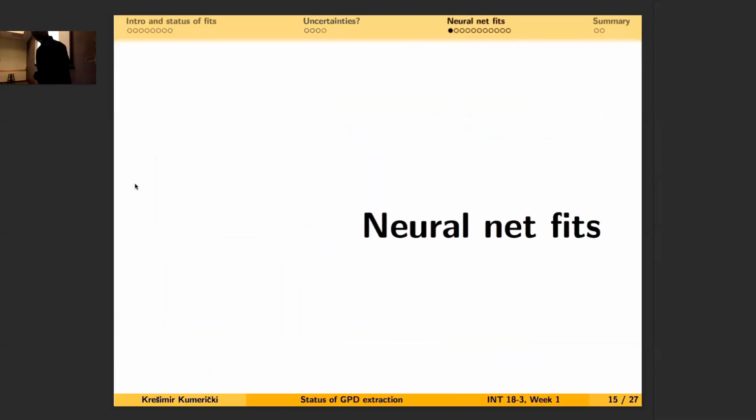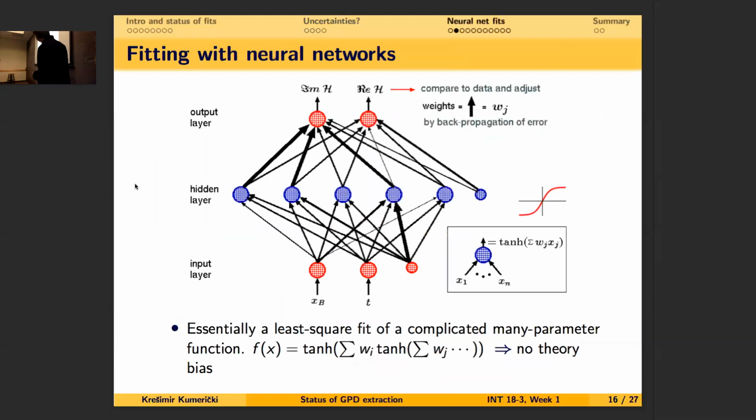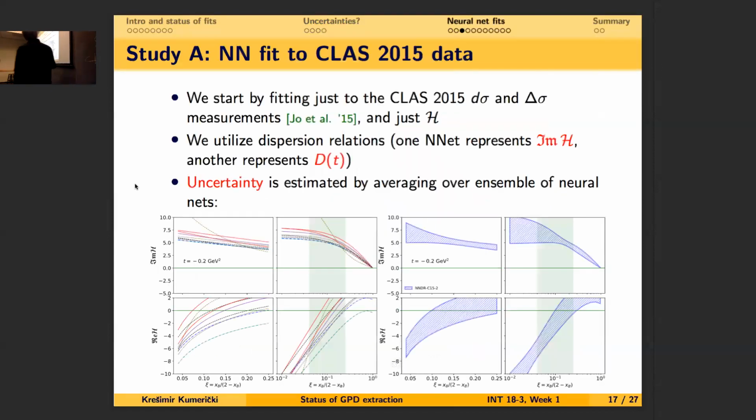So I will show you now the neural networks that we use. They model Compton form factors, separating imaginary and real part. Sometimes only the imaginary part, and the real part is extracted by dispersion relations. Then we have to model the subtraction constant by a neural network as well. And this is essentially just a least squares fit to a very complicated many-parameter function where these neural connections are weights which can be fitted in order that these Compton form factors match the data. So without explaining this in detail,